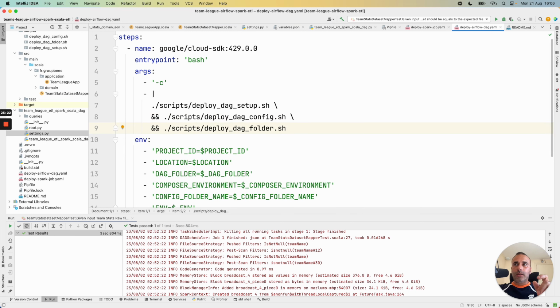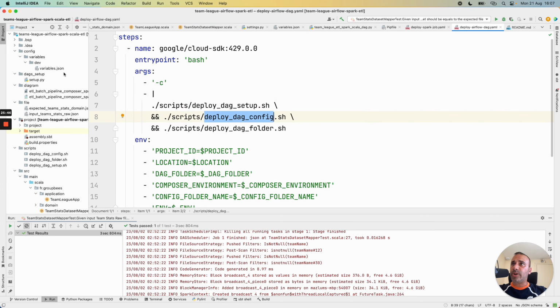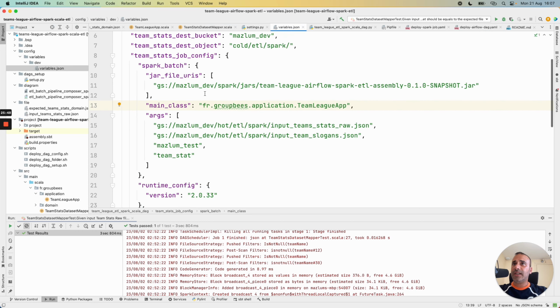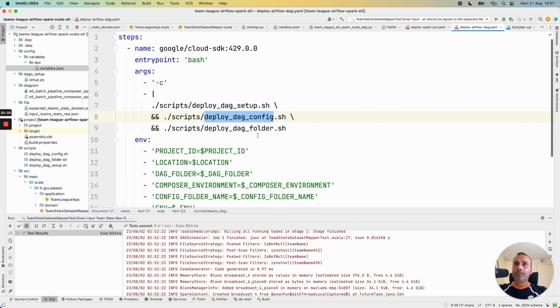This YAML file is the same as I explained in other videos. For Apache Airflow, we need to deploy a setup.py file at the root of the cloud storage bucket that contains all the DAGs. We also need to deploy our DAG configurations, as I showed previously here for a variable .json file.